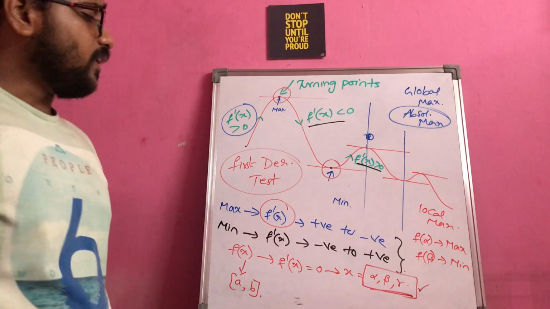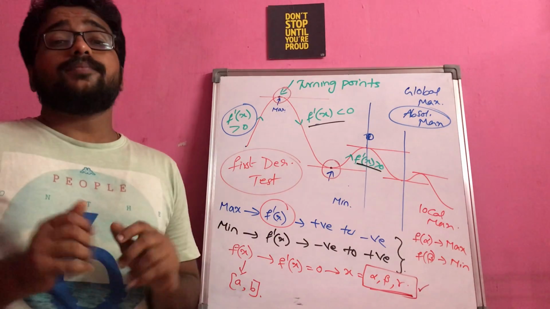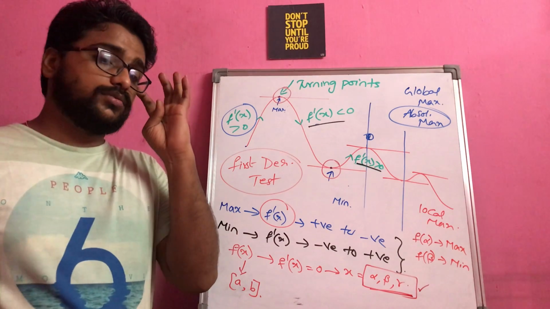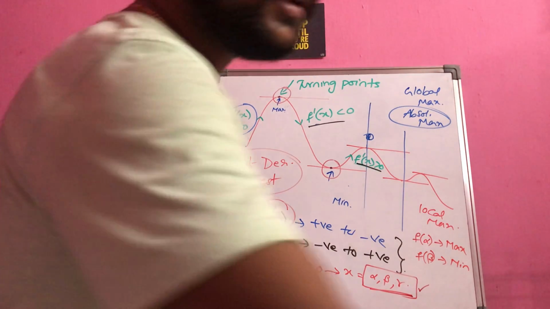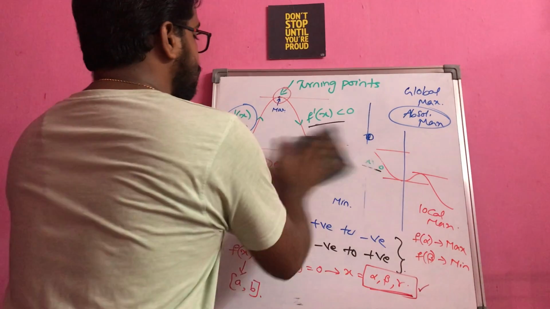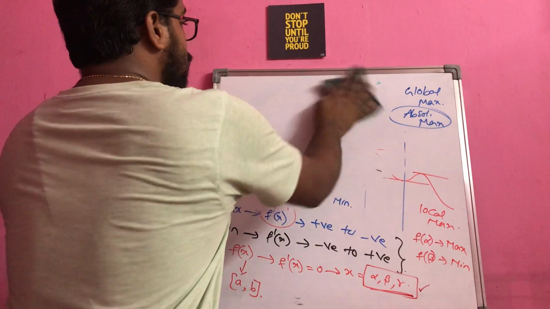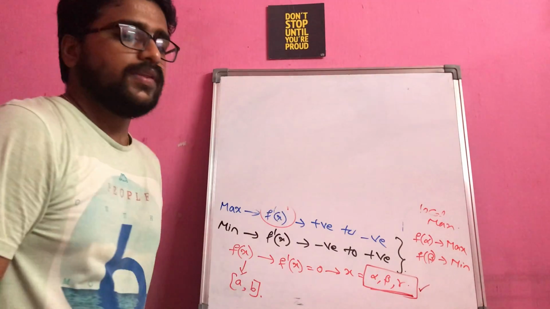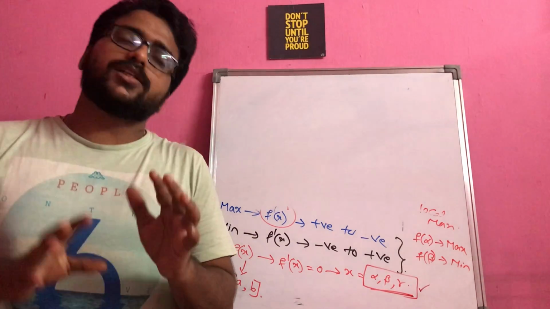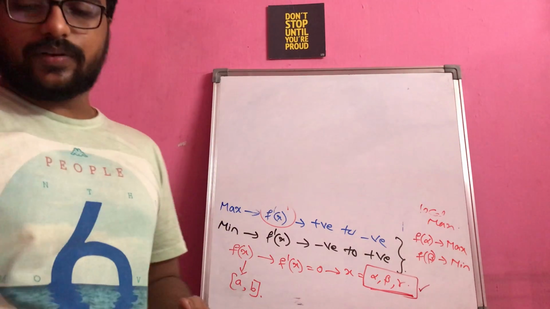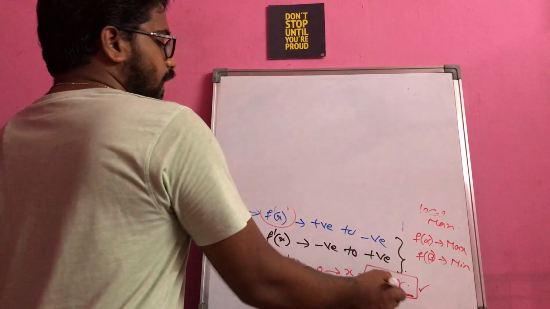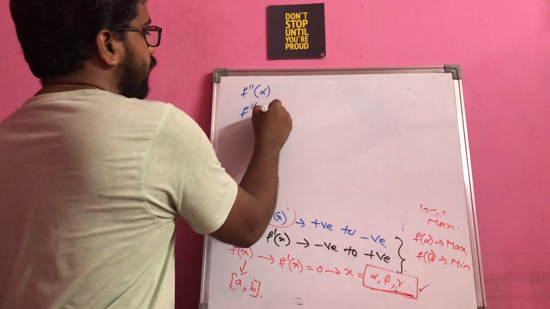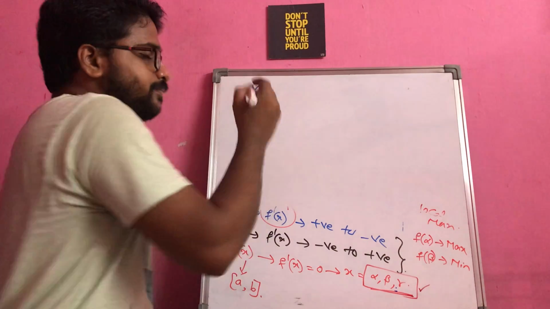Okay. So how can you come to a justification that whatever maximum and minimum values you got are correct or not? There is another test they suggested, called the second order derivative test, that will help you to take a decision whether whatever you got is correct or not. There is nothing much explanation about this second order derivative test. It's very simple. Whatever you are getting, alpha, beta, gamma, you find f double dash of alpha, f double dash of beta, f double dash of gamma.